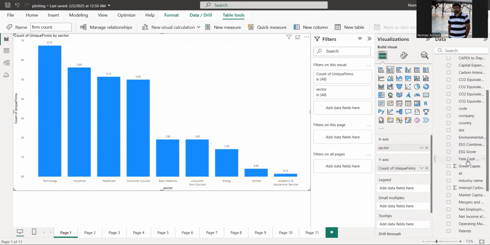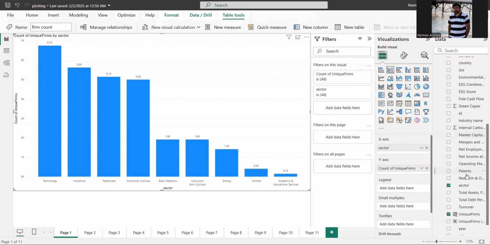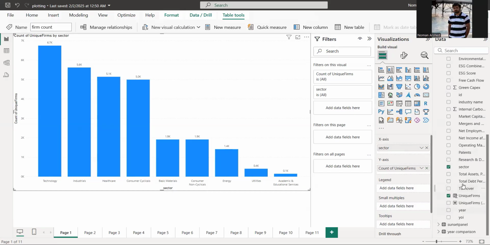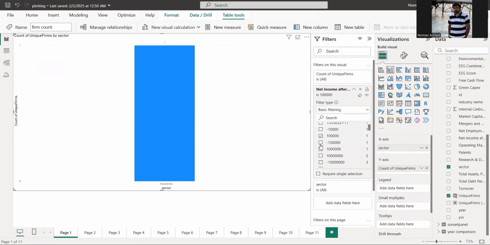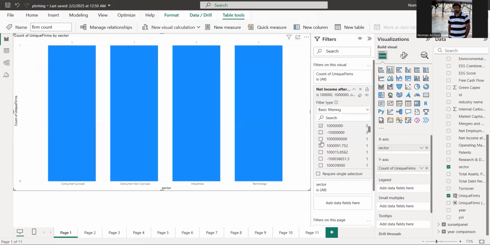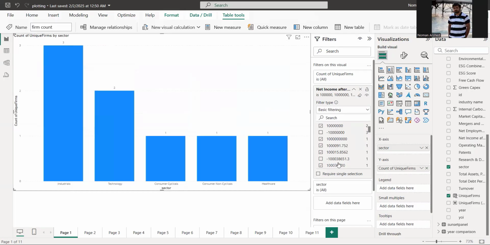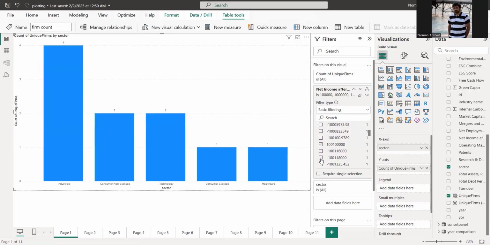So let's say I want to pick up the profit value, if there's a profit data set, number of research, net income. Okay, so I select the net income as a filter. I wanted to only show the profitable companies, so I only select the positive numbers and not the negative numbers. This way it will show the graph for those companies which are profitable rather than companies which are facing